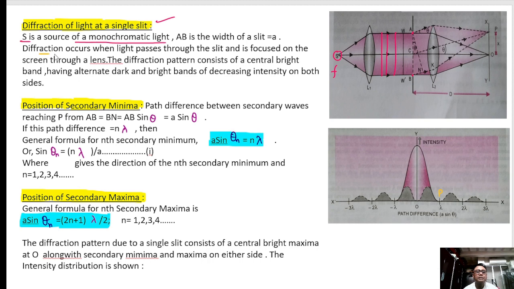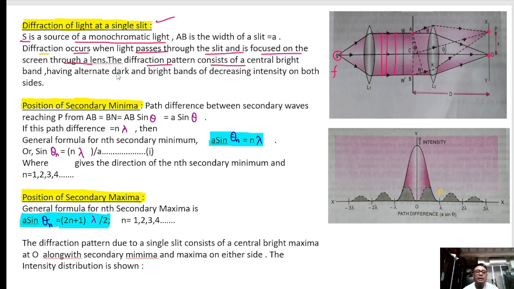So diffraction, as you can see here, occurs when light passes through the slit and is focused on the screen through the lens. The diffraction pattern, now here what happens? This is the portion of the light which is being focused here. The parallel rays get focused here and the diffracted rays get focused here. So what we will see